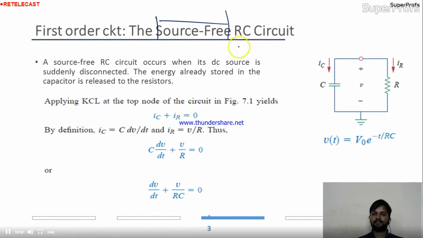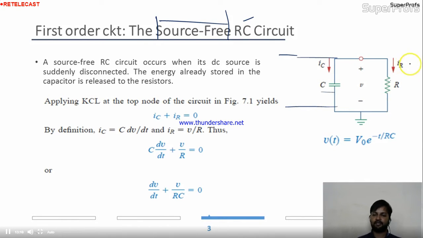RC circuit means the source free circuit will contain resistor and capacitors only. The situation will be like this, you can see. Means after disconnecting the circuit from the initial circuit, we are having capacitor and resistor remain. Okay. This is the condition. A source free RC circuit occurs when its DC source is suddenly disconnected. The energy already stored in the capacitor is released to the resistor. So in this case, the energy stored in the capacitor when it was connected to the source will be released